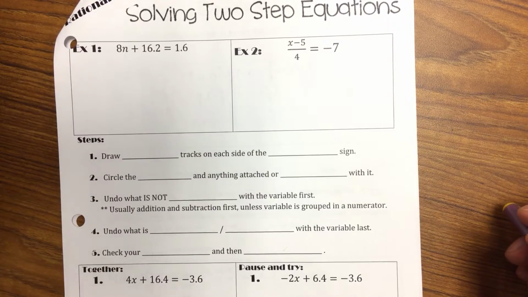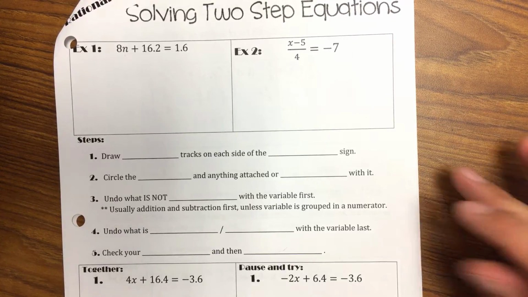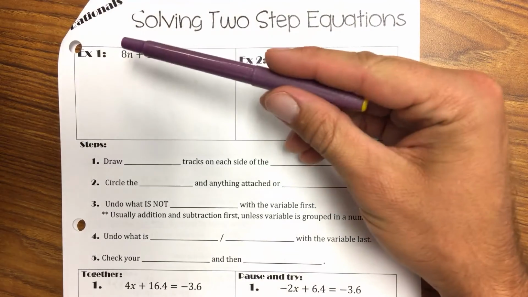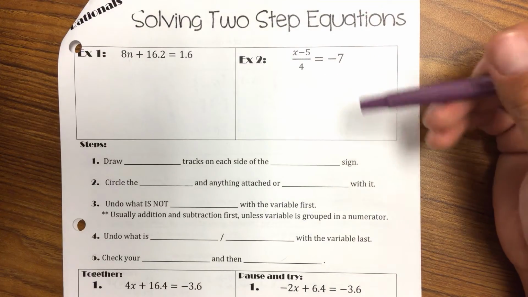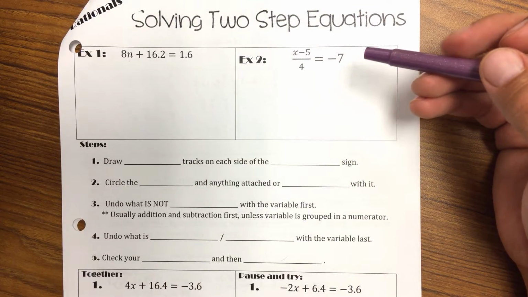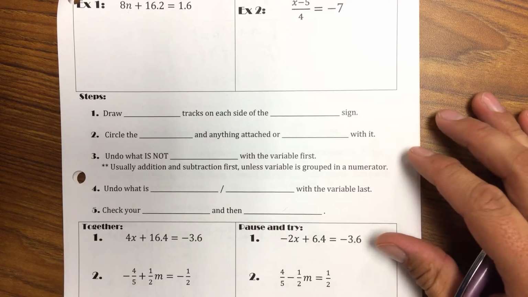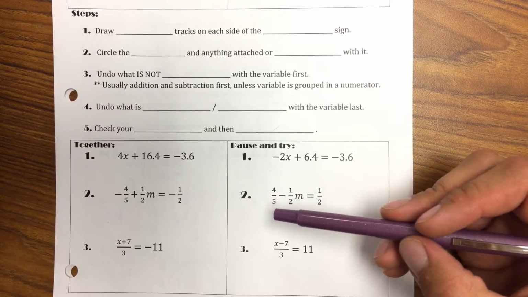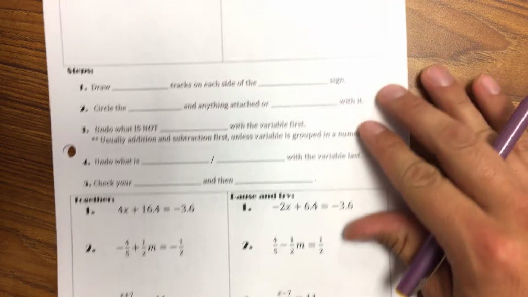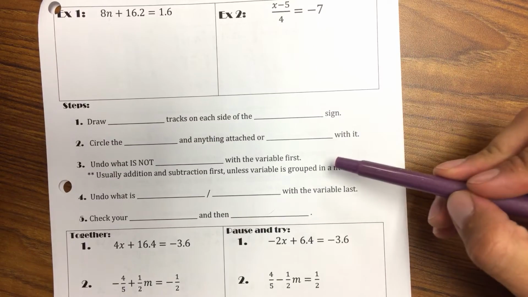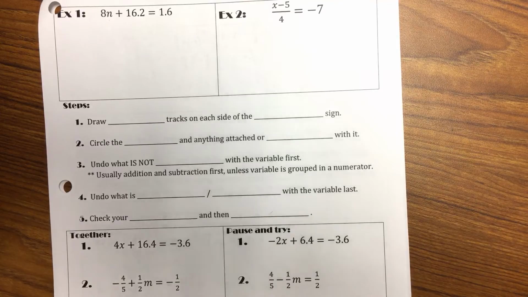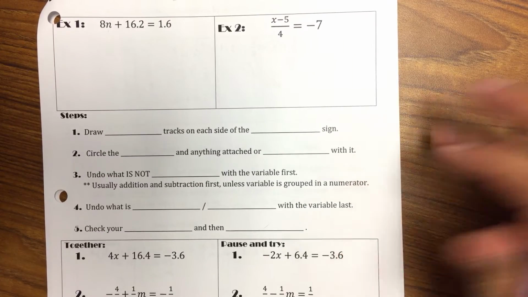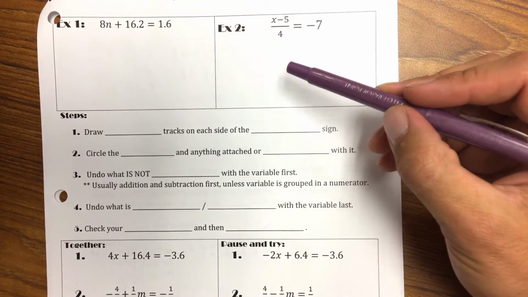Welcome back, everybody. You guessed it, solving two-step equations, round 2. This time we're doing it with rational numbers, although you can see that the notes look exactly, well, almost exactly like what you've seen. Some of the problems have changed because now we're using fractions and decimals, and there's a few differences in the notes, a few things that I want you to be careful of when we're working with fractions. And one of those is